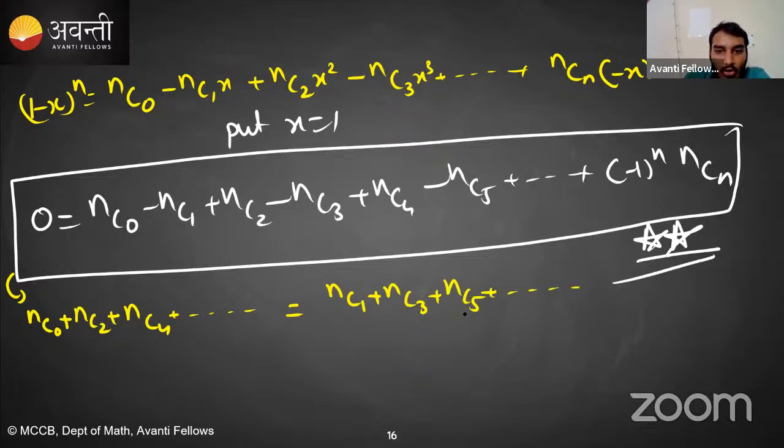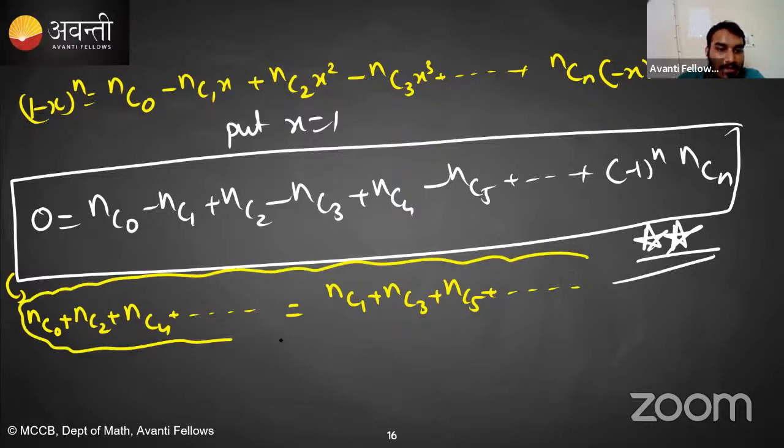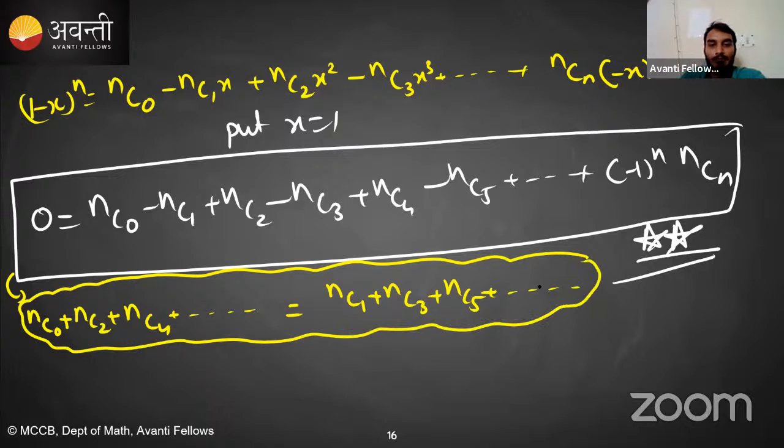So the sum of the odd binomial coefficients and the sum of the even binomial coefficients should be equal, isn't it? That also you have to remember. And since their combined sum gives us 2 raised to the power n,